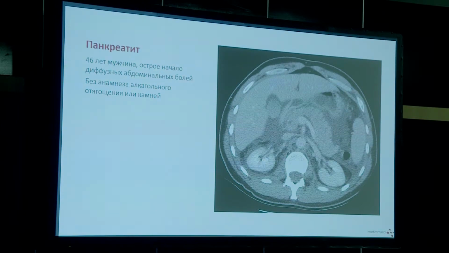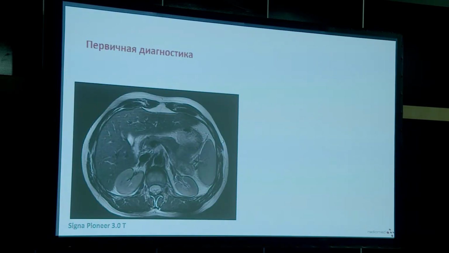Next, I'd like to show you a clinical case. This was a 46-year-old man with acute onset of diffuse abdominal pain, no history of alcohol abuse or stones, and you can easily depict the fluid peripancreatically. The edematous changed parenchyma, so that's a pancreatitis. And the clinical condition of that patient significantly worsened, which needed him to be admitted to ICU. And a few days after discharge from ICU, we've done that